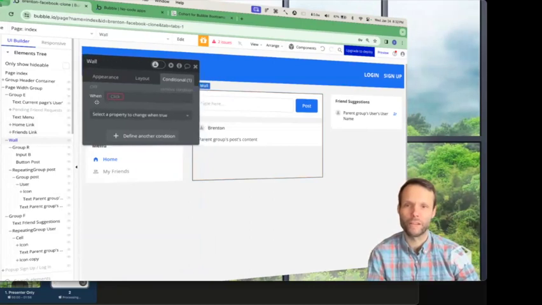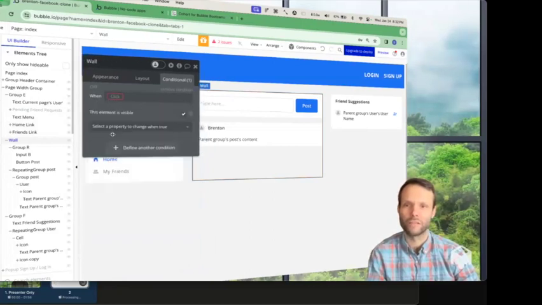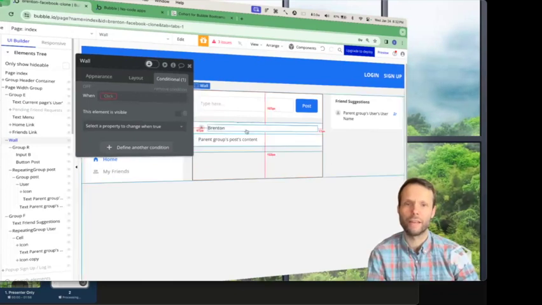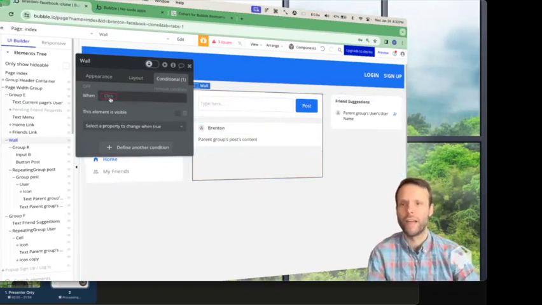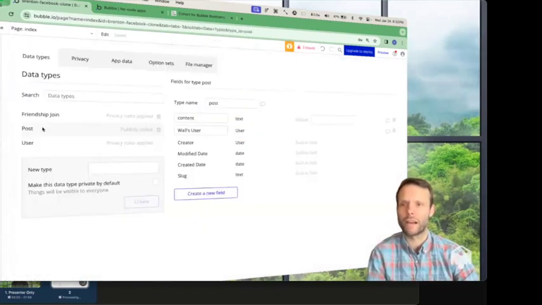Okay, so we're going to make a condition that'll hide this. So let's just go ahead and say element is not visible. It'll hide the whole element. And when are we going to hide this entire wall? When the current user is not a friend. Yeah, the current user is not friends. And can you remember in our database,